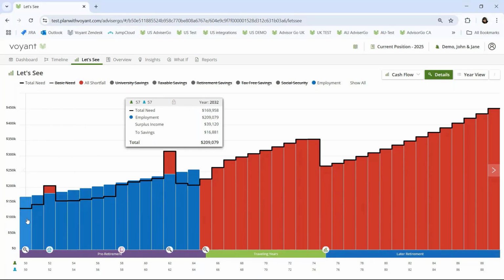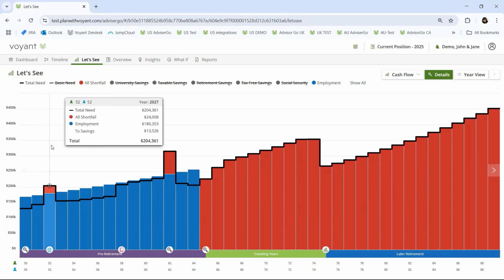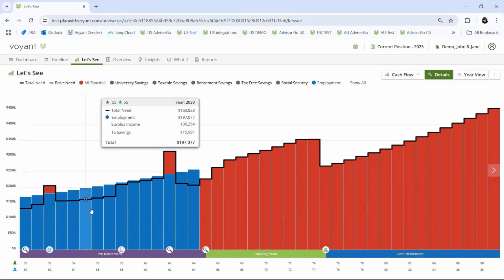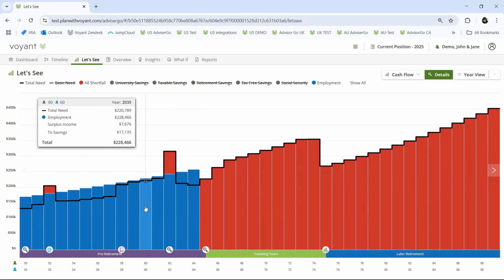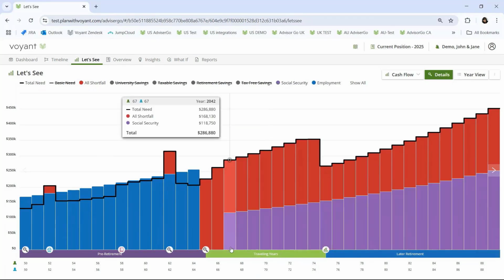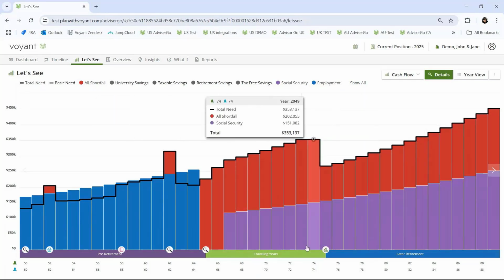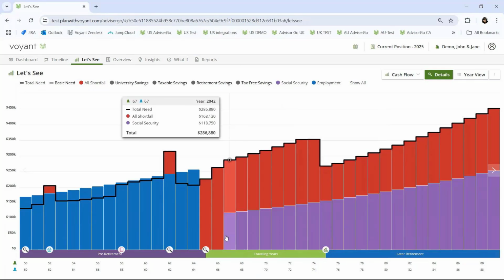So you're showing, for example, this year that they have surplus income close to $40,000, and whether or not that's accurate, and some ideas you might have for what we could do to better capture that income in a more productive way. And then we could bring in their estimated Social Security that comes into the plan at 67, and then talk about how far that gets them in retirement,